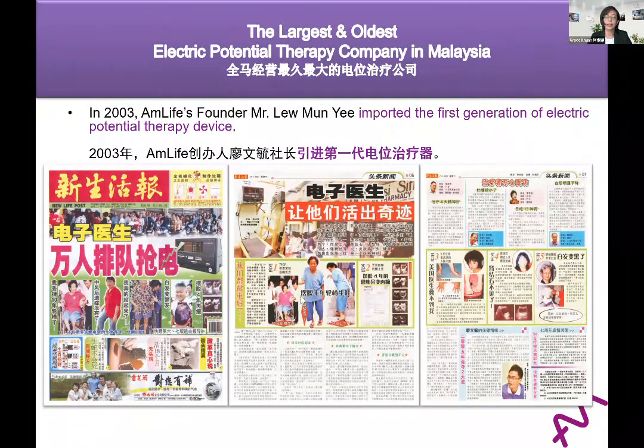This lady actually had a stroke and has been in a wheelchair for 10 years. So she comes to the center every day. You see these 4 guys have to carry her up to the 2nd floor because there's no lift. And after 4 months of daily use, daily, not once a week, daily use, she